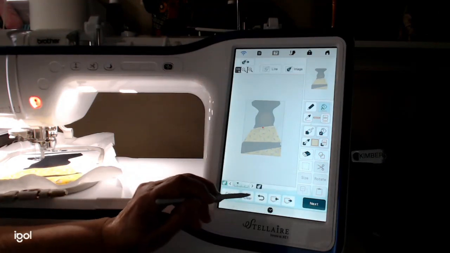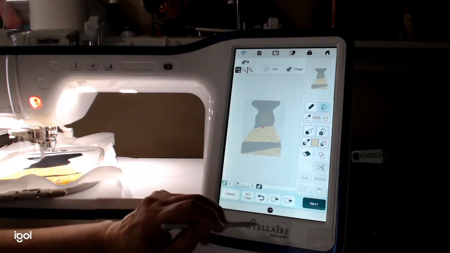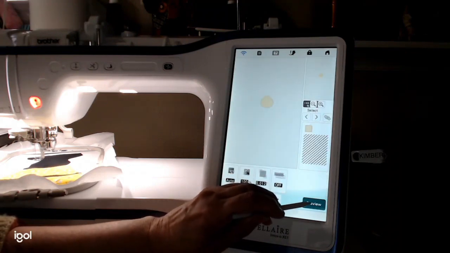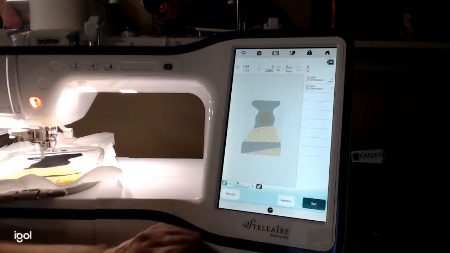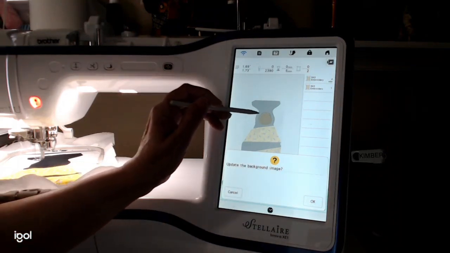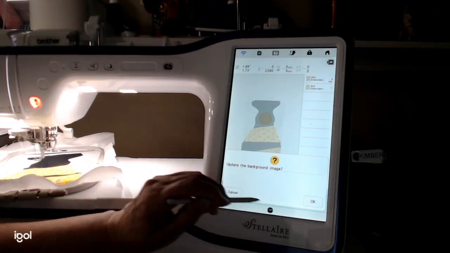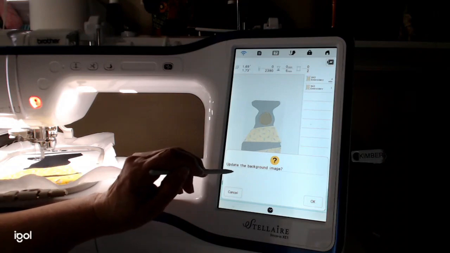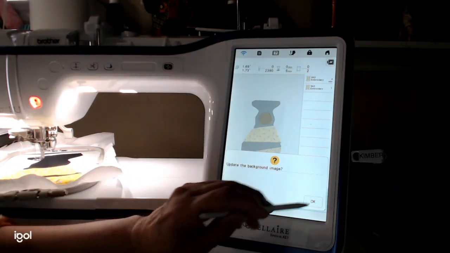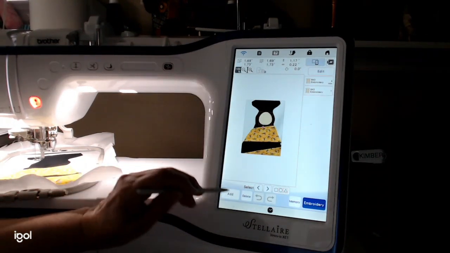So what I'm going to do is save this in the memory of the machine, and then I'm going to hit next and preview and set that down. So what I'm doing is I'm kind of doing a layering of these two shapes. There's that part right there, and it says, do you want to update the background image? And I do, because I want that to be in the background when I finish this. So I'm going to say okay, and there's the face on top of the bee. And now I'm going to hit add